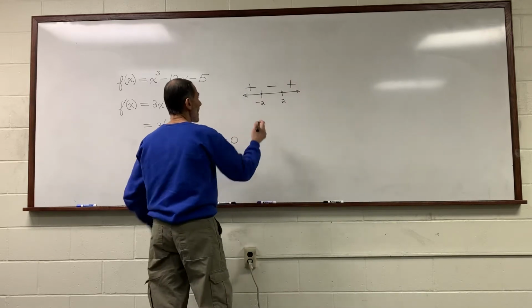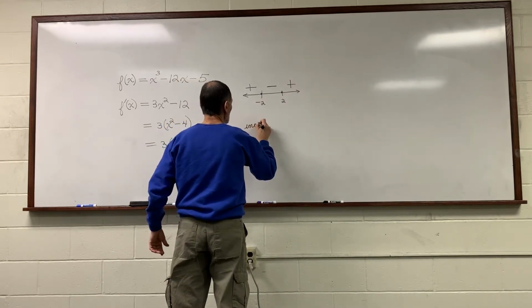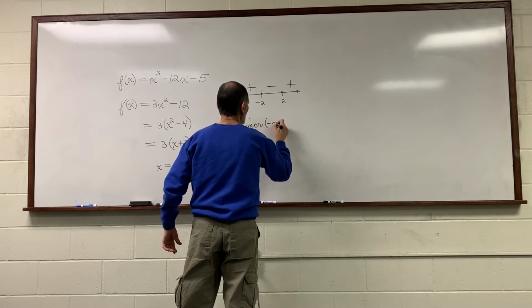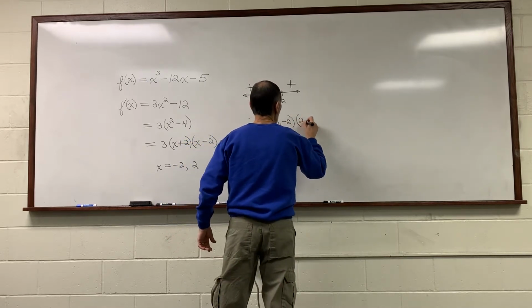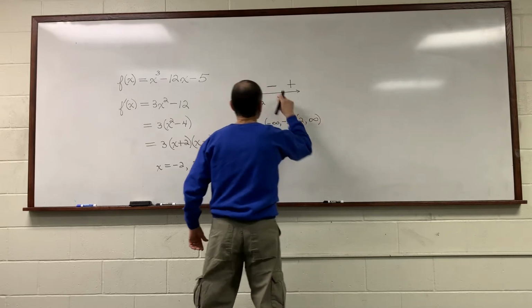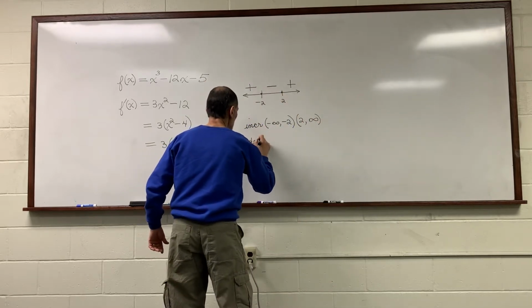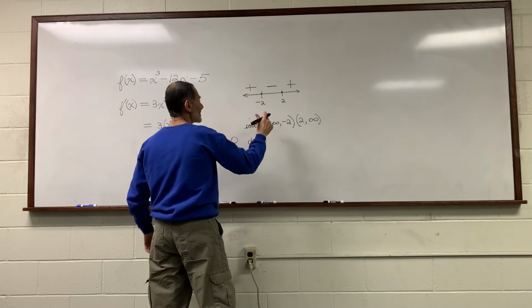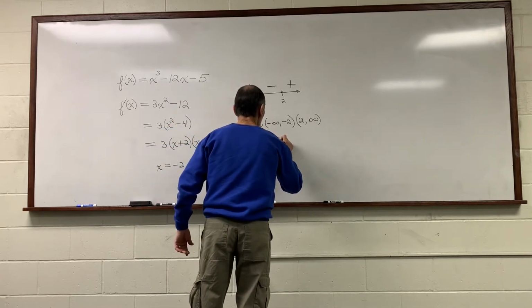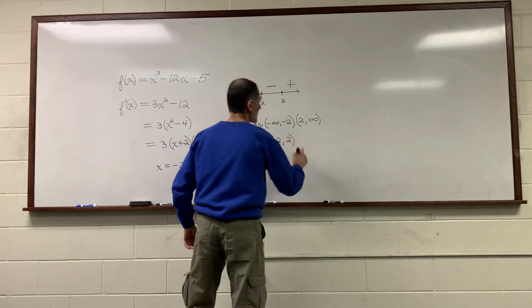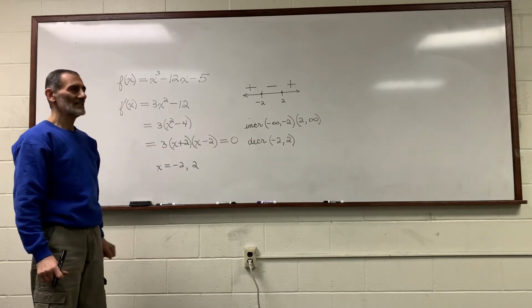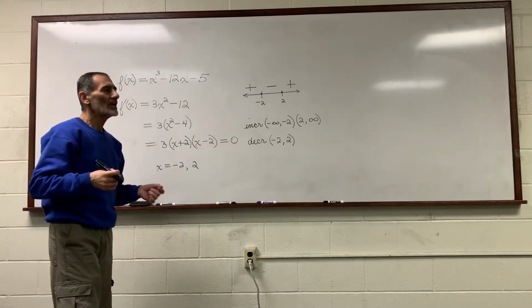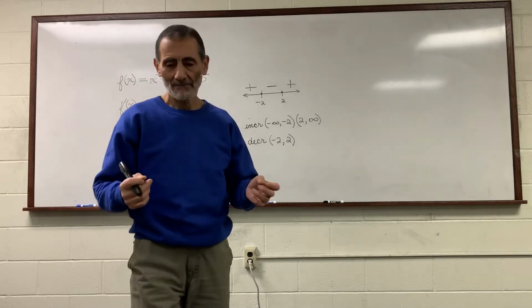The derivative is positive. The function is increasing in the interval negative infinity to negative 2 and in the interval 2 to infinity. The derivative is negative. The function is decreasing in the interval from negative 2 to 2. Okay, now we've tested the intervals. We look now at the